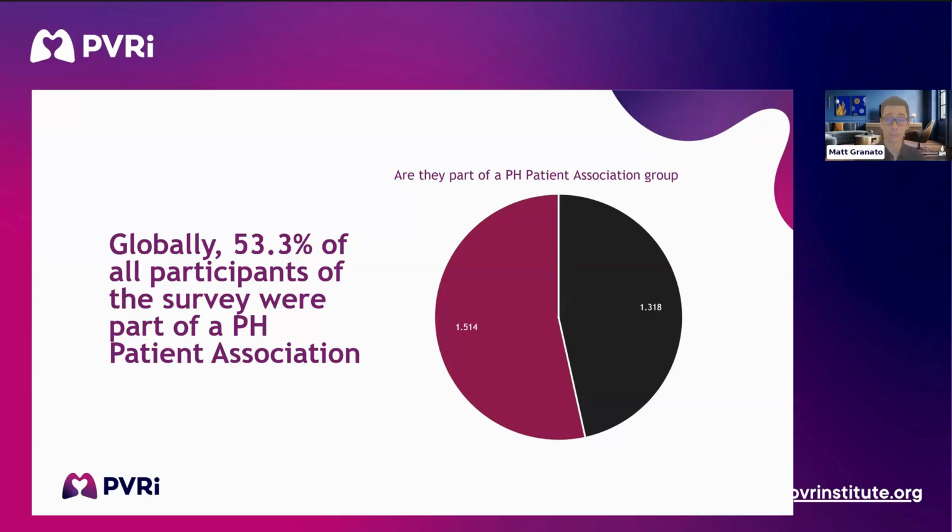For anyone who's less familiar with the Global Patient Survey, it was actually developed so we could better understand the experiences, the needs, the priorities of people living with pulmonary hypertension. And it was designed to capture the patient perspective on a global scale and then turn those insights into action. So since the first phase, the data has helped inform published papers and has contributed to a very wide conversation about what needs to change for patients. One important outcome was the development of the 10 calls to action.